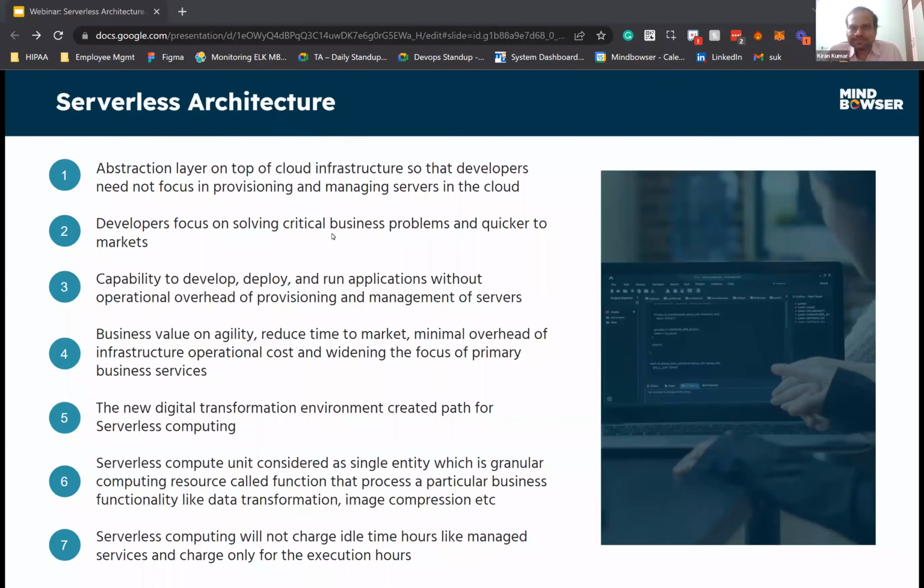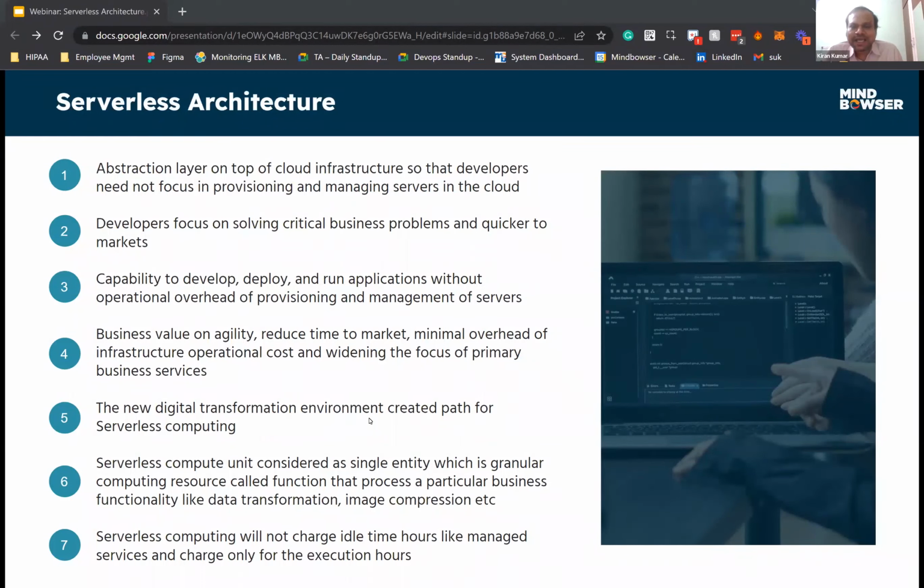The difference is that with a managed service, whether you are using the system or not, it will charge. But serverless is not like that. It will not charge for idle times. With serverless, it is active only when you use it. When you don't use it, it will be in sleep, as if you are putting your system in hibernate mode, like when you are working on a laptop.